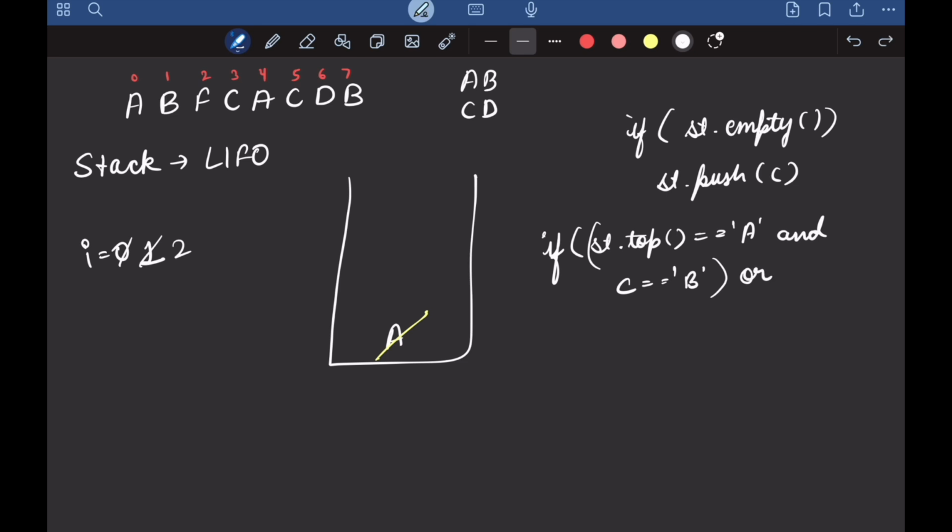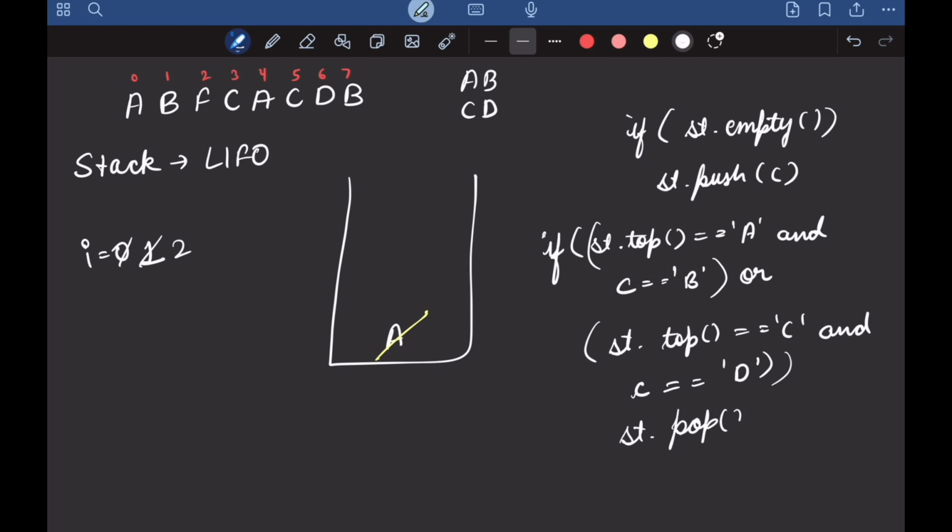Or if my top element is equal to C and current character is equal to D, then in that case you will have to pop the character out, right? And we are already increasing our for loop, so we do not have to explicitly increase it here.